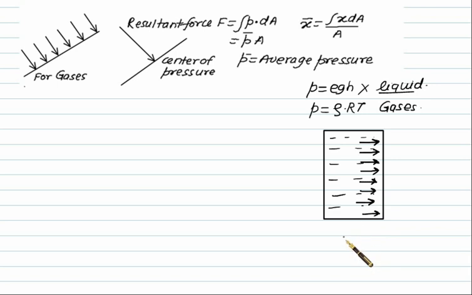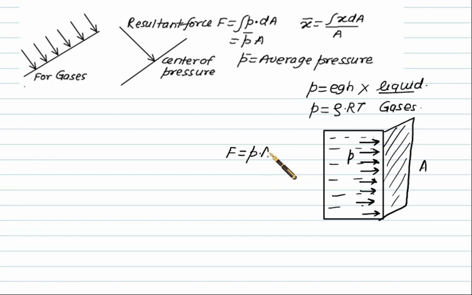This is the fundamental difference between the definition of pressure in the case of gas and in the case of liquid. Suppose we have this wall here. Since the pressure is acting uniformly, it is the same concept as a UDL, and therefore this pressure multiplied by this area will be our hydrostatic force. So the hydrostatic force will be pressure multiplied by area. Since it's a UDL, the force will act at the centroid of this area. This discussion is applicable for gas only.